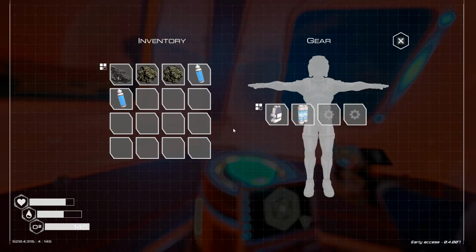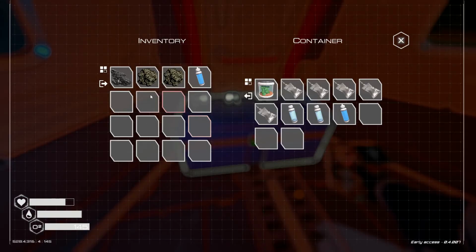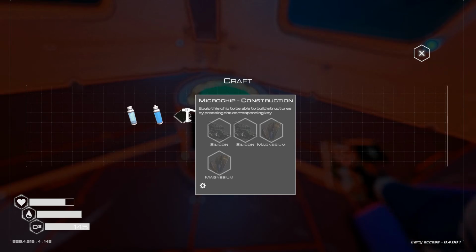I wouldn't be too worried about water. Obviously, you need to drink, that's a given, but it doesn't go down as quick as the other levels, which is good. There's storage for any bits you don't need in there. Now you want to focus on getting these,